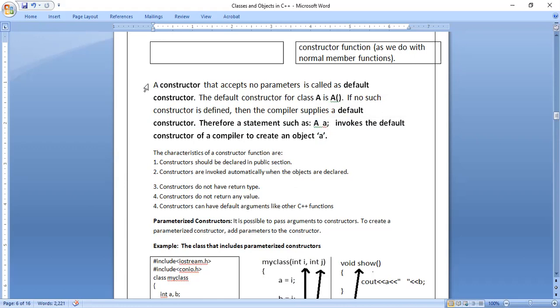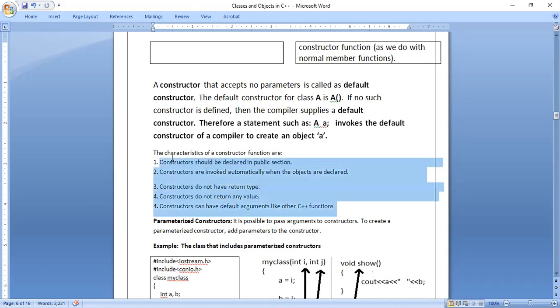So in this entire paragraph, I will tell you the terms where I have written them. First, capital letter A, class name. Second time what I have written is the function name, that is called the constructor name. Then in this line, capital letter A is the class name, small letter a is the object name. So when the object is created, the constructor starts working.